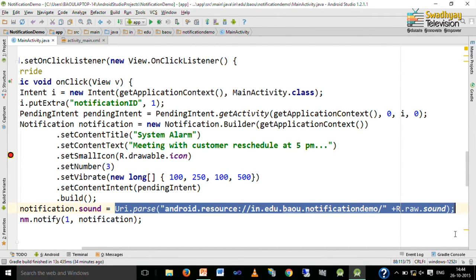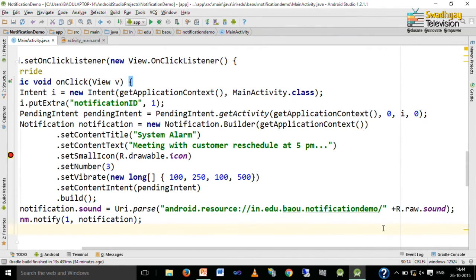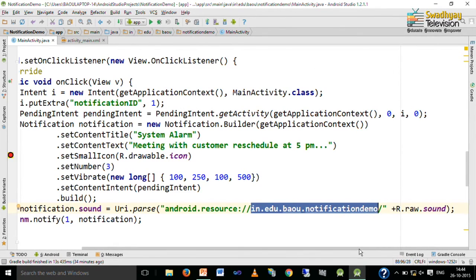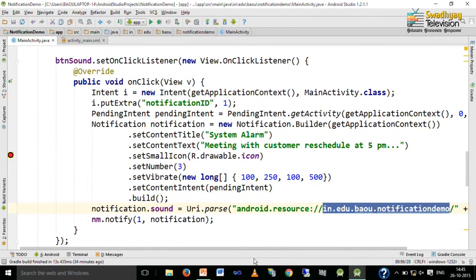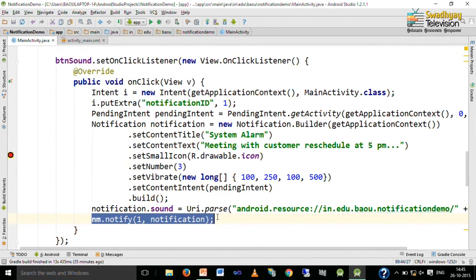So, android.resource is an identifier, then colon and slash, then we have to specify our package name and then you have to append your sound ID which is R.raw.sound. So, this represents our sound stored in the raw folder, and remember this is a package name. So, you have to replace it with your package name when you create the same program, and finally, we notify using all these properties as well as sound.